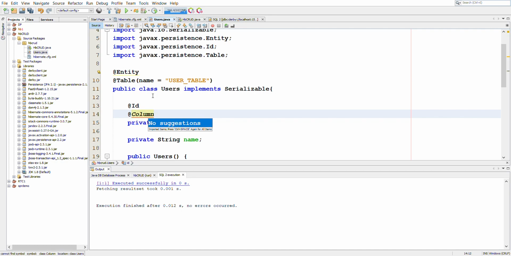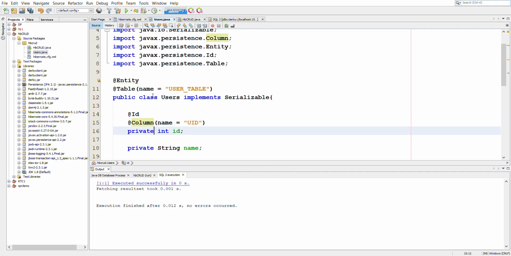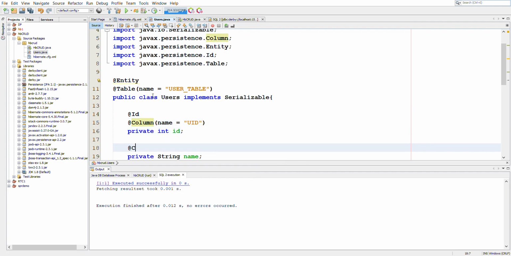Column name is equal to, let's call this UID. Similarly, we can say column name. Let's say this is username.